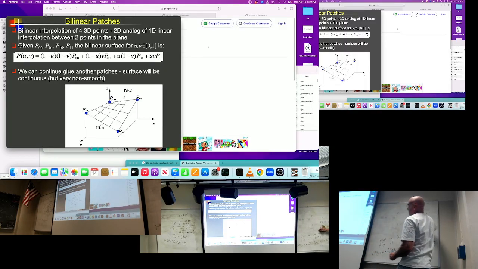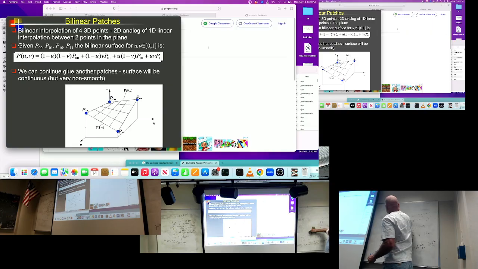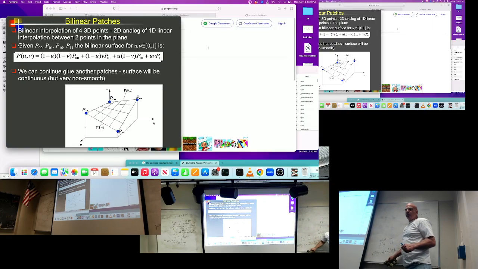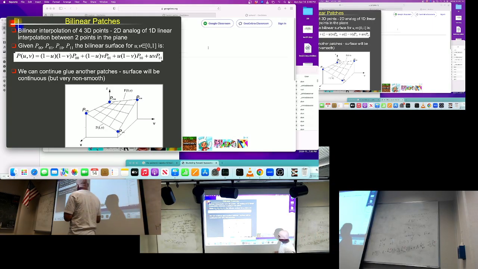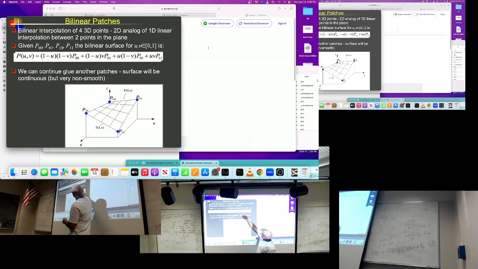Now, obviously the world doesn't end in one such patch. I'm preparing Lego bricks from which I can describe the more complicated surfaces. And I want the surfaces to be nice and continuous and smooth and not to have holes and so on. So